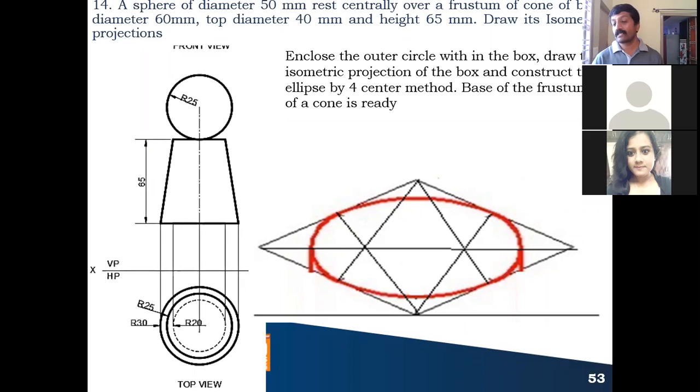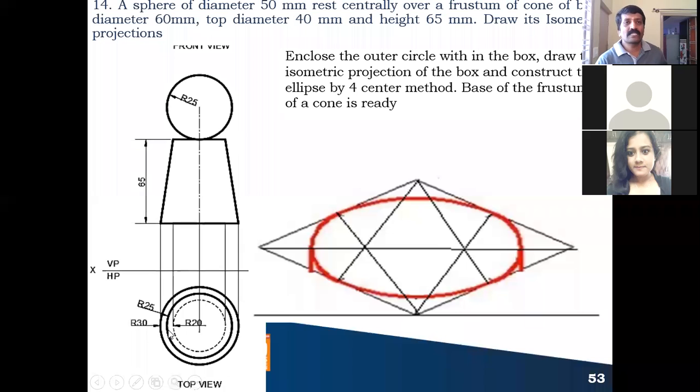So in this particular example, what exactly is given: a frustum of a cone is there, and above that this sphere is placed. That's all. When you see the frustum of a cone from the top, it looks like 2 concentric circles. The base diameter is 60 millimeter, so you draw a circle of 30 millimeter radius.